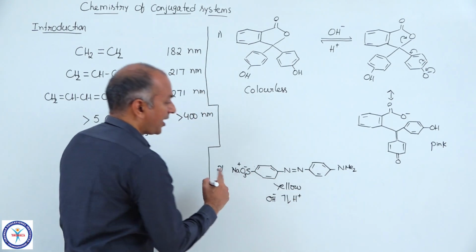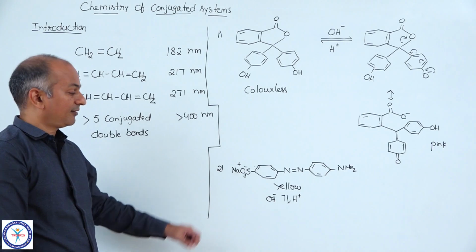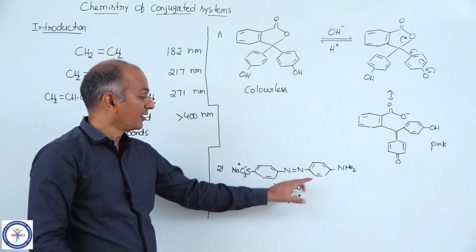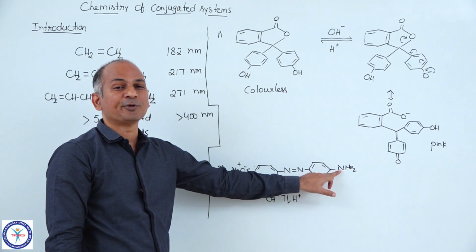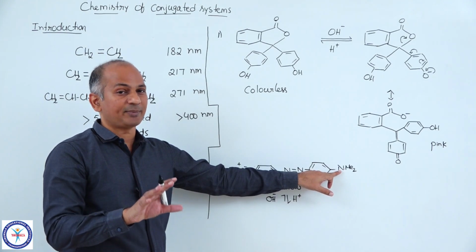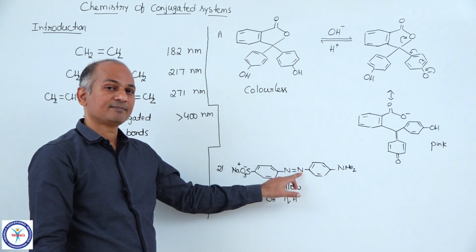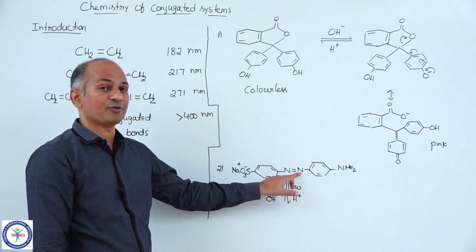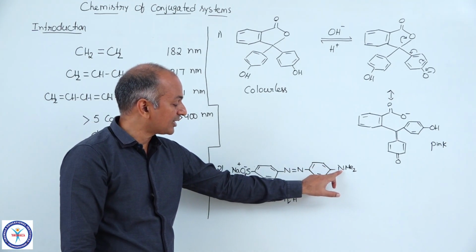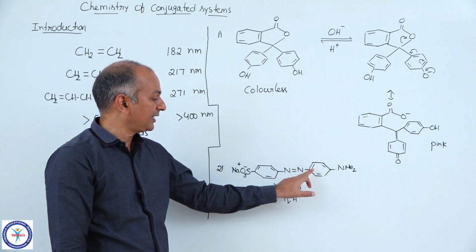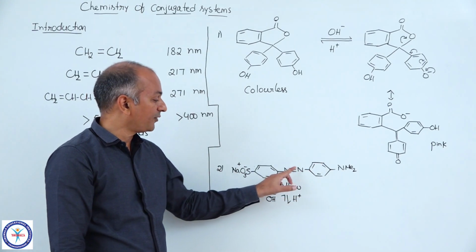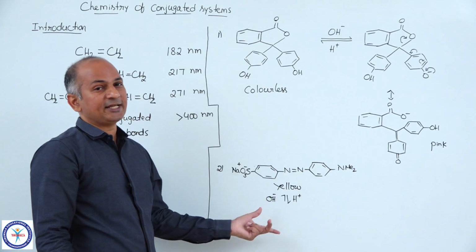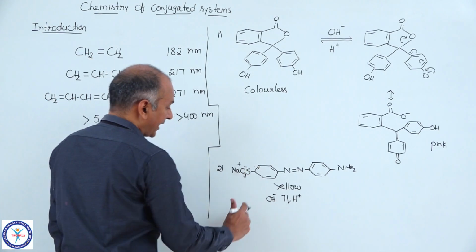you will get the structure that is, and you see which nitrogen is most basic in methyl orange. That means when you add H plus, which nitrogen absorbs that H plus? This nitrogen? No, because its lone pair is in conjugation, and in the hybrid that nitrogen has partial positive charge. This nitrogen can be, but this nitrogen has more partial negative charge than this nitrogen, because if you see the resonating structure, the lone pair of this nitrogen comes here first, then here, then on to this nitrogen. So out of these 3 nitrogens, maximum negative charge is present on this nitrogen. So obviously H plus will prefer to attack that nitrogen only.